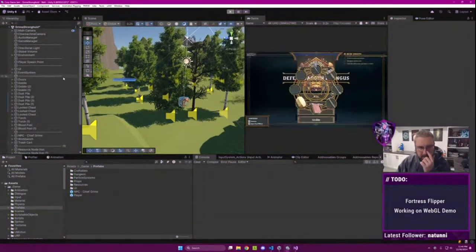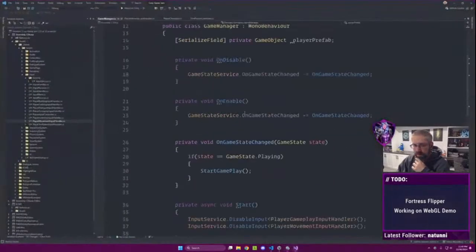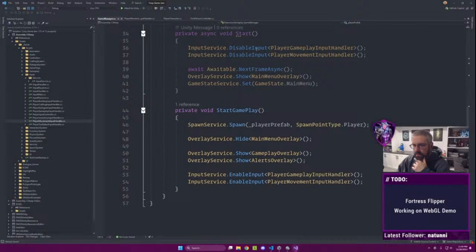And now my gameplay doesn't seem to be working, so let's double check that. Let's go to here where we spawn the player. We're disabling gameplay, we're disabling movement, we're waiting for the next frame, popping up the main menu. Then we spawn the player, we hide the main menu, we turn on the gameplay menu, we turn on the alerts menu, overlay rather. We enable gameplay, and we enable movement. So now if I go back to gameplay, oh,